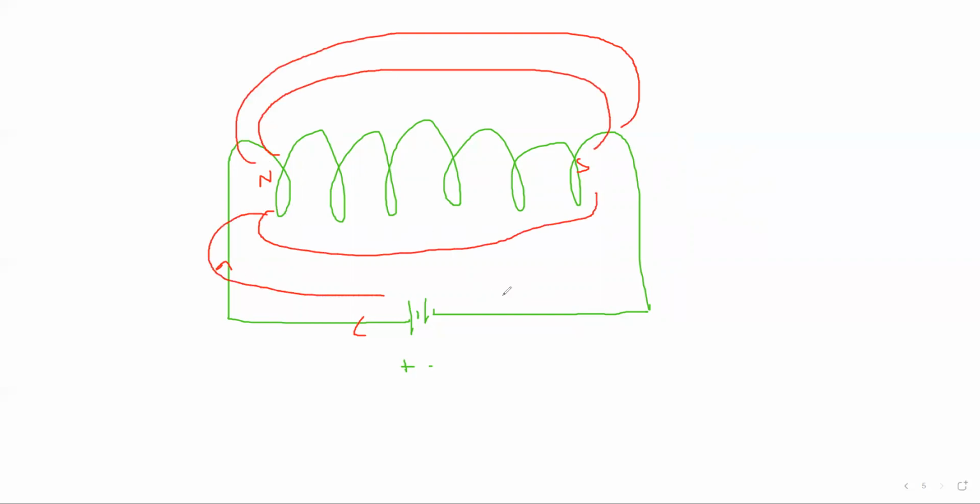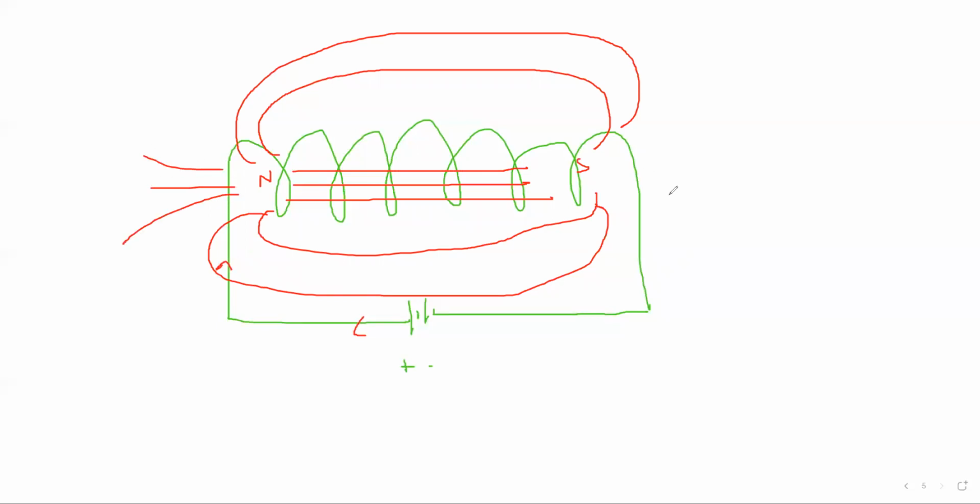And inside the wire, it will be parallel from north to south. The parallel magnetic field lines mean it's a constant magnetic field, because if the distance between the field lines is the same, it means it is a constant magnetic field. Outside, it is a non-uniform magnetic field, continuously changing.